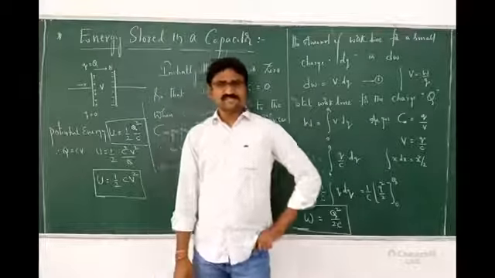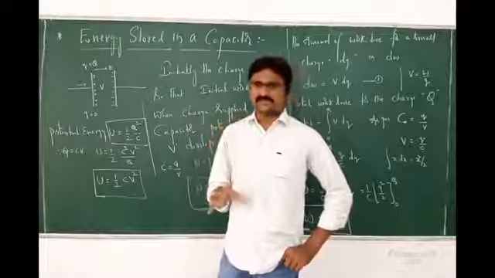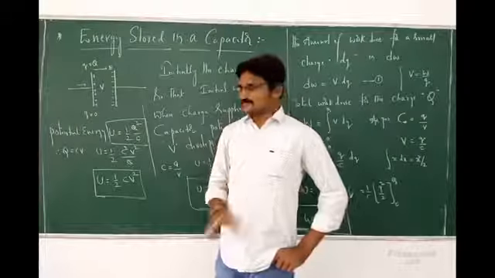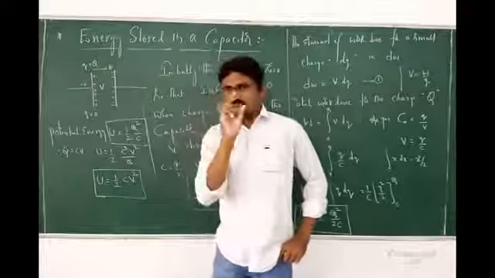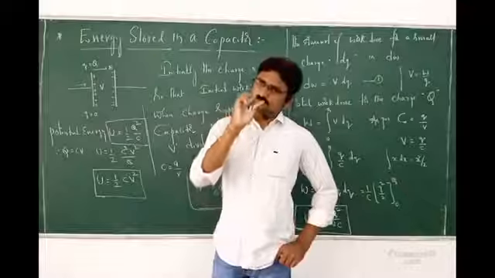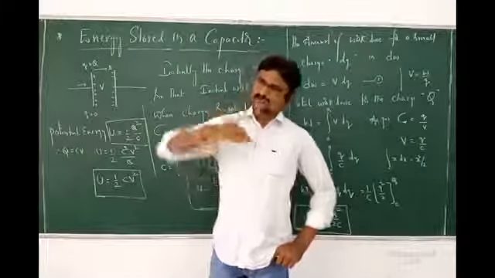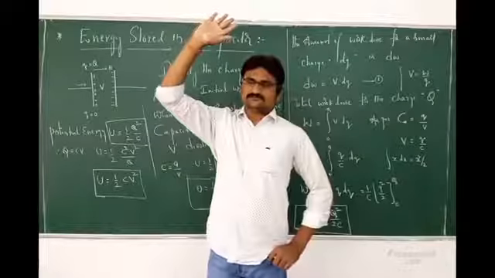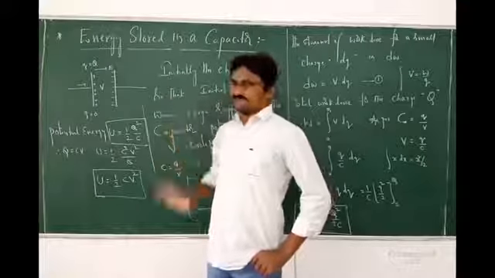Basically we have one method we follow whenever we want to find either work done or potential energy or whatever it may be. For the total path, if you have limits like 0 to capital Q, I will first take a small part. That part is what? A small amount of charge. Later I go for the total, that is 0 to capital Q. This is the trick I have followed to get this derivation.